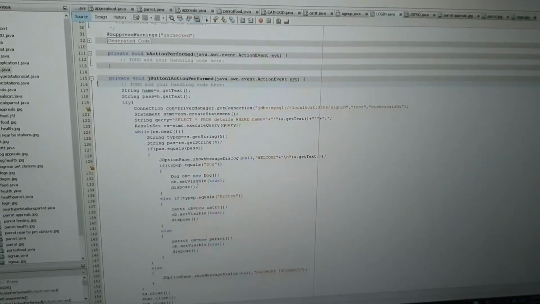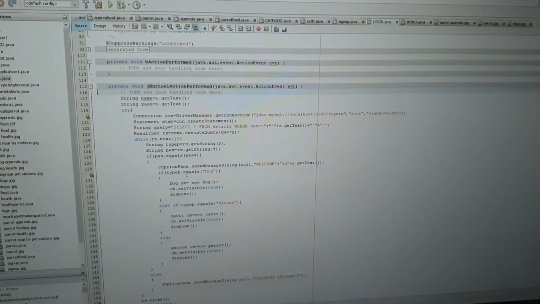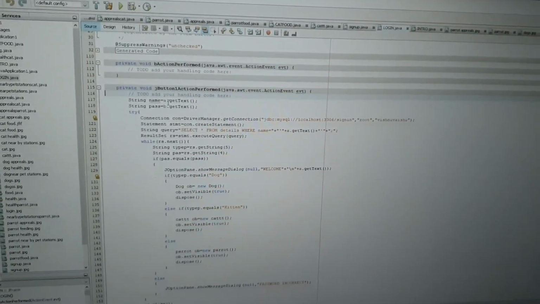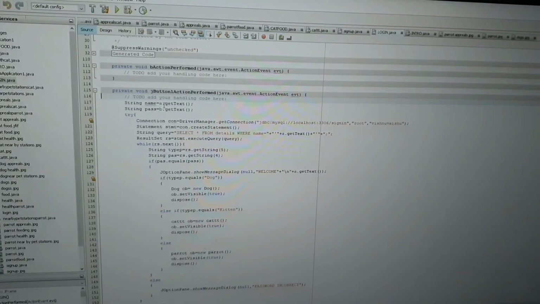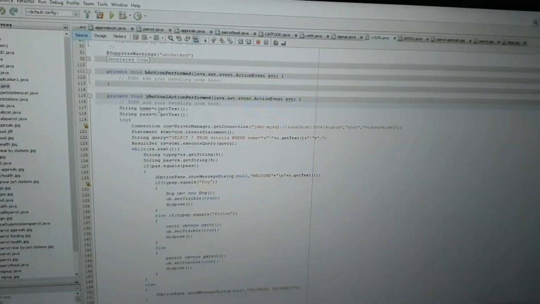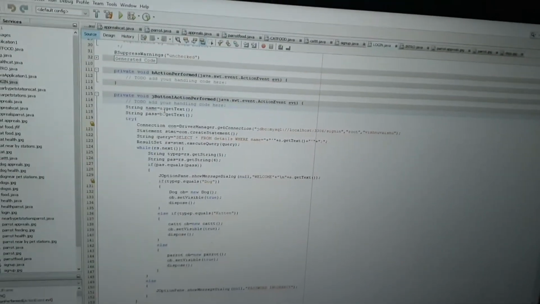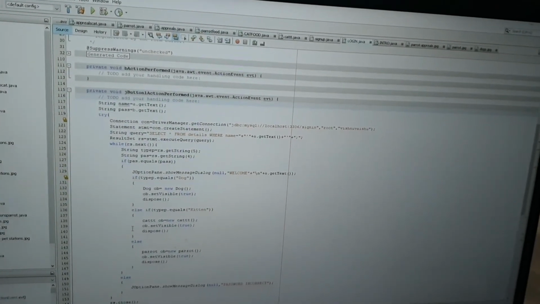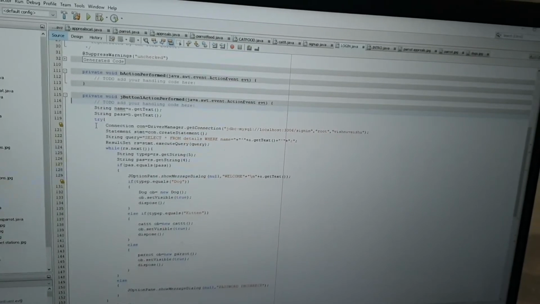So here A and B are two variables in which the details the user entered in the components are stored, and the table of details is shown in this.